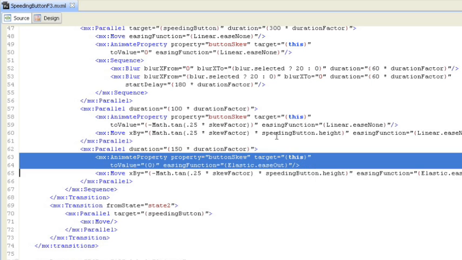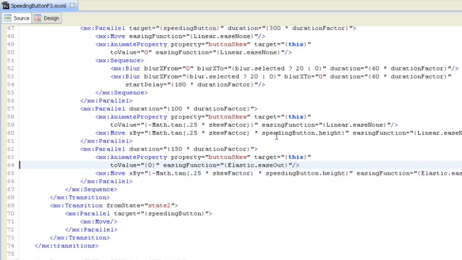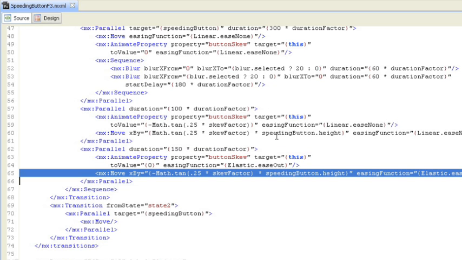So we're going to animate the button skew using the elastic ease, and we're also going to move it at the same time because you don't want the button to be shifting around doing this jello thing. Instead, you want the bottom to be anchored as the top is settling into place. And that is the animation. So that's how to apply the old animation principles of follow-through as well as anticipation